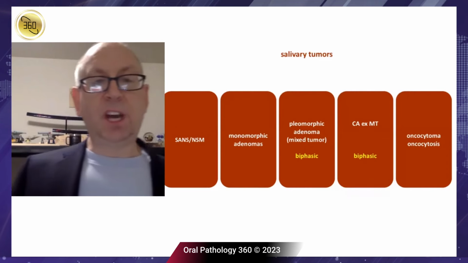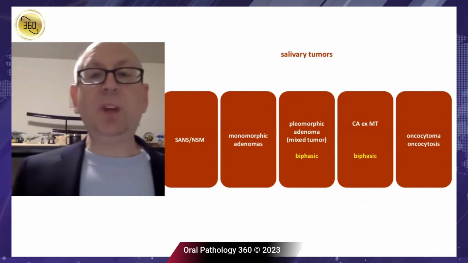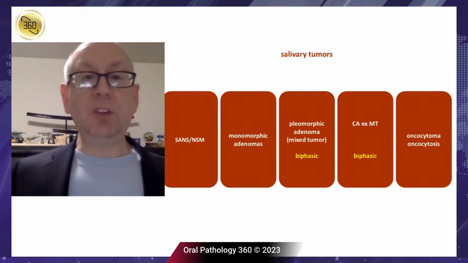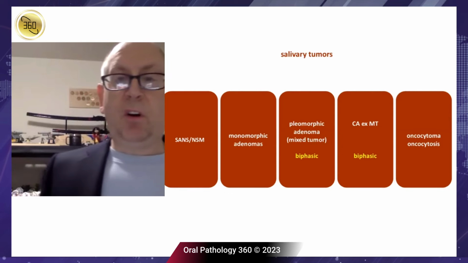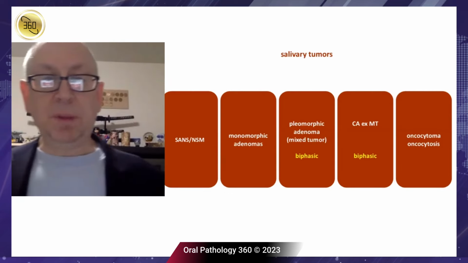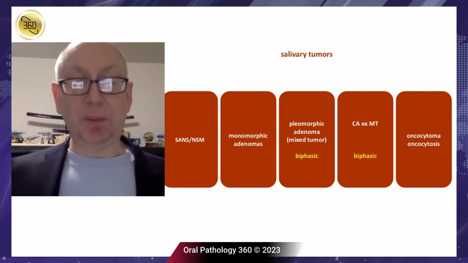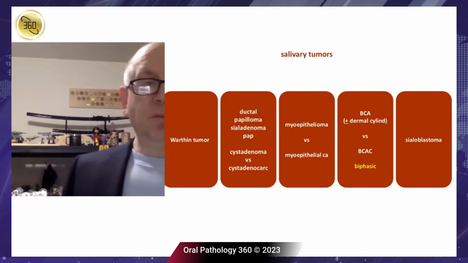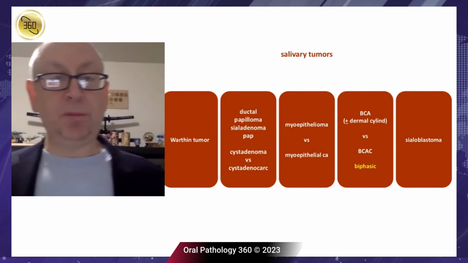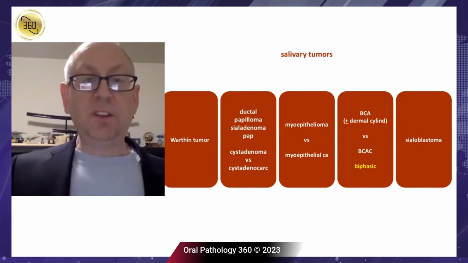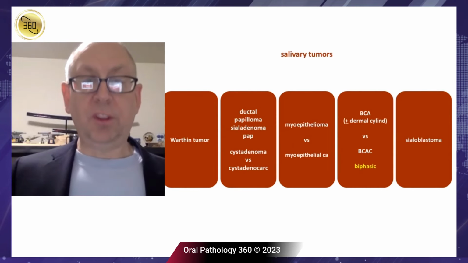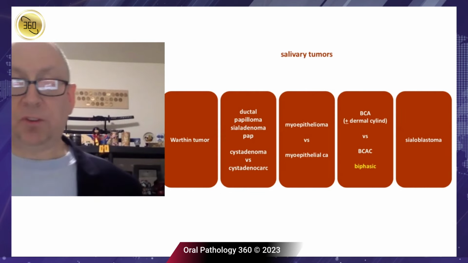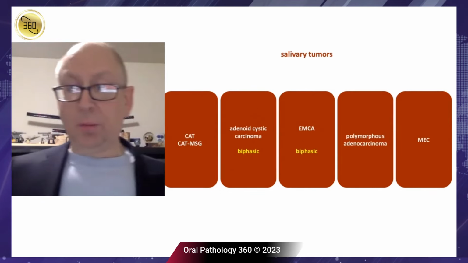Then we have all the necrotizing sialometaplasmas. And then we get into the actual tumors, right? Are they benign tumors like monomorphic adenomas, canalicular adenomas? Are they these biphasic tumors that maybe have a myoepithelial and an epithelial component? Are they oncocytic tumors? Are they combinations of oncocytic tumors with lymphoid things, so Warthin tumors? Then there's a whole series of ductal papillomas. Then there are truly myoepithelial tumors. Then we get into the basaloid tumors, including myoepitheliomas.